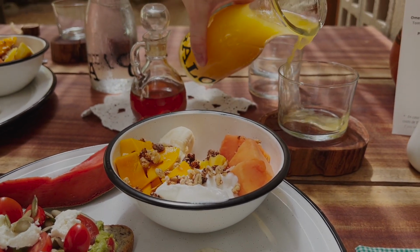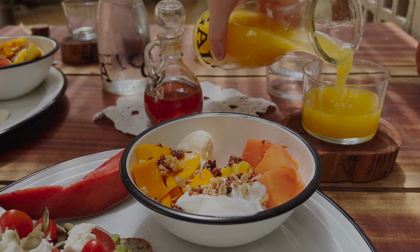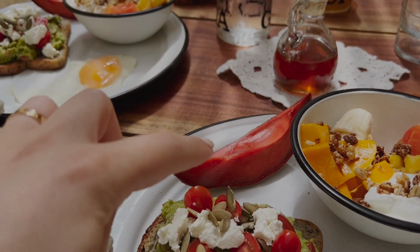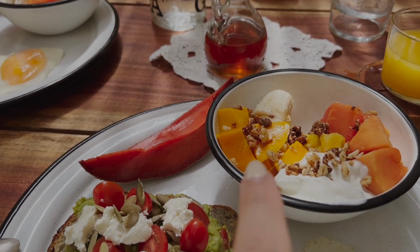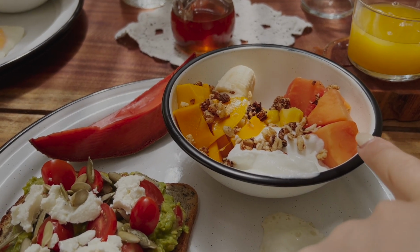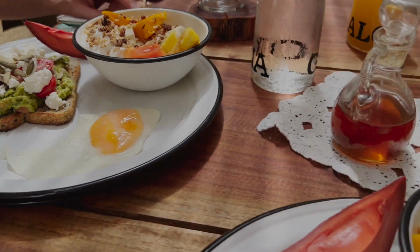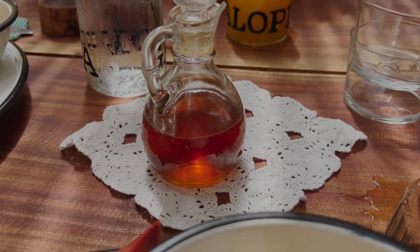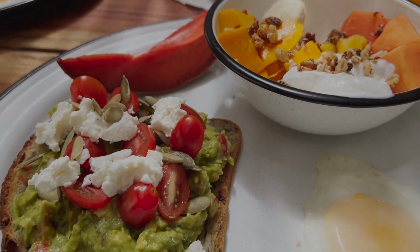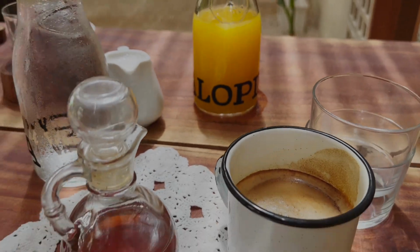So we've gone for the freshly done orange juice. We've got the avo toast with its goat's cheese, and we've got the mamão, some pineapple, there's mango, what is this one? I don't remember. And then there's the banana, and yeah, he's got the same. And for the honey, this is actually homemade honey that they harvest right here on the property. And now we've got the next coffee with some almond milk and